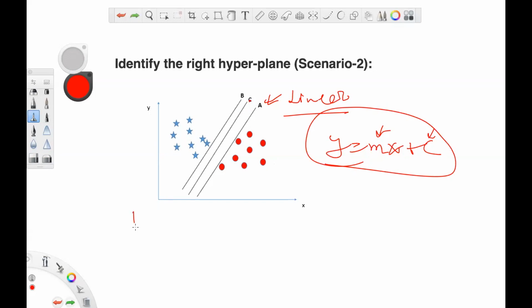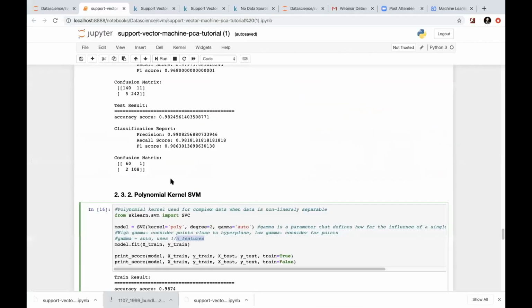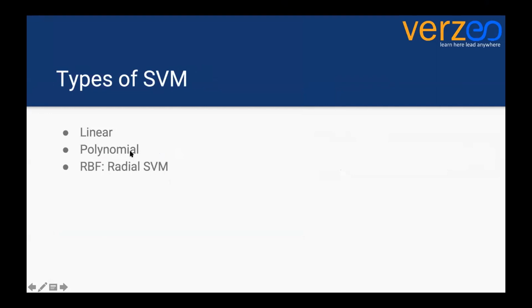But before non-linear we have the polynomial. How polynomial works is, here we only have x. Just like we have studied in three dimensions, where we have two features, similarly anything with more than one feature, x and y, or x, y and z, will be the type of SVM called the polynomial SVM.